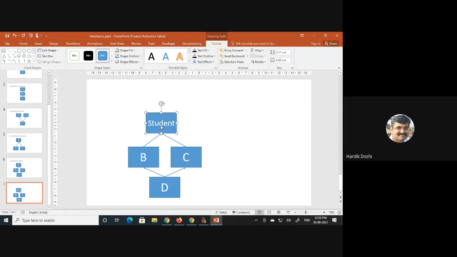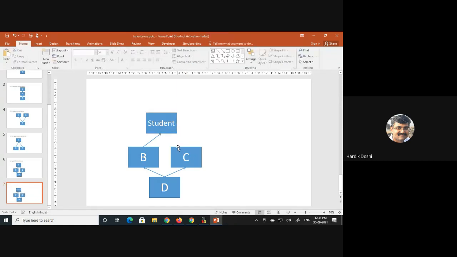See the inheritance type. All are requested to see the inheritance.